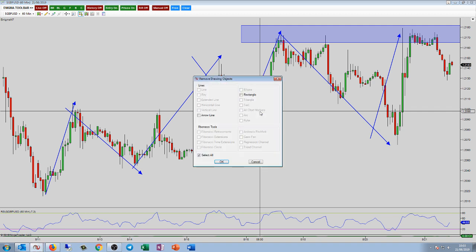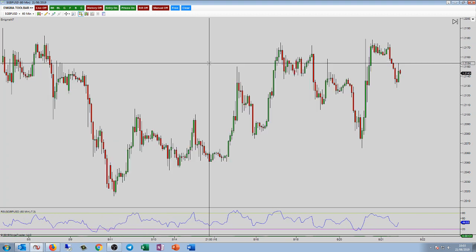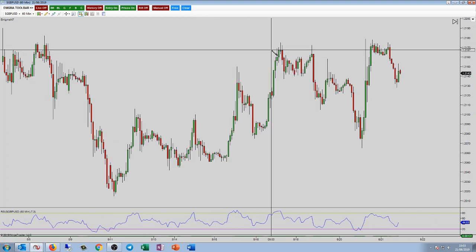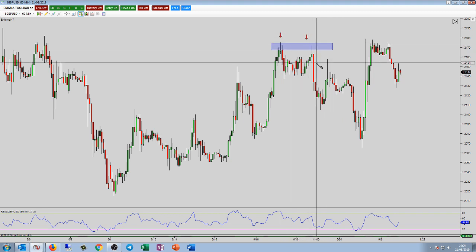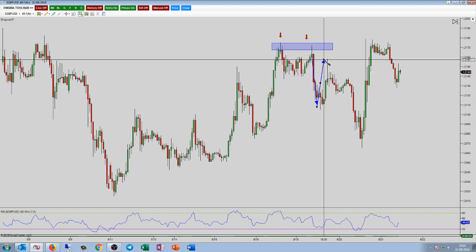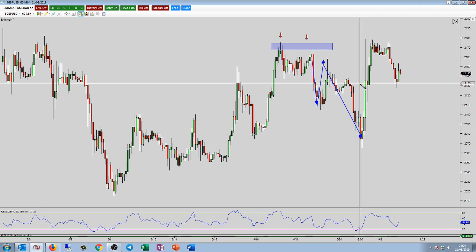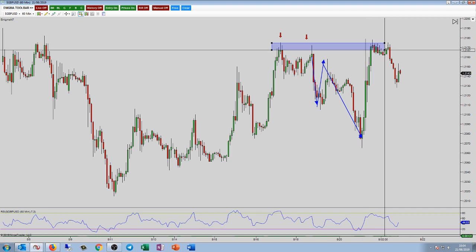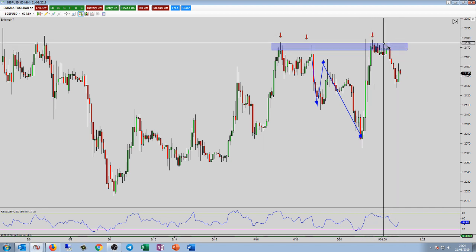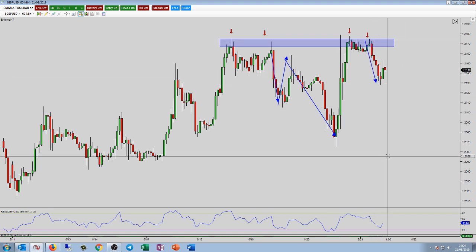Okay, on the 60, you do have a 2618 setting up. So this was your previous structure level just here, which double topped. It then broke below, it pulled back for a 2618, and then it broke to the downside, and then we rallied all the way back up to this point. So I'm going to extend this structure level, and right here you have another confirmed double top with a break below, close below.